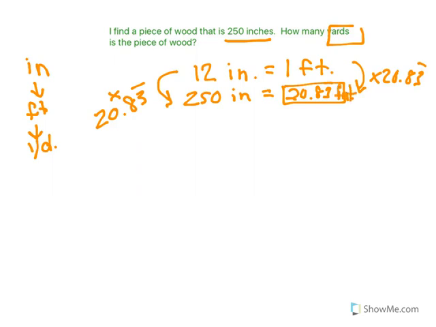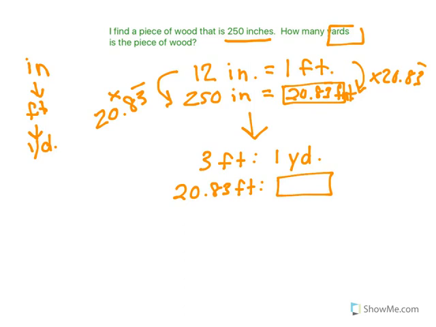So now I know how many feet it is, and I have to convert that into yards. So I have to think about what I know about yards and feet. Well, I know there's 3 feet for every 1 yard. And now I know that that 250 inches is really 20.83 feet. So I put that on the left, and I'm going to find my right-hand side. Again, I need a relationship. So I do 20.83333 divided by 3, and I find out, I'm getting all Energizer Bunnies here, that I have